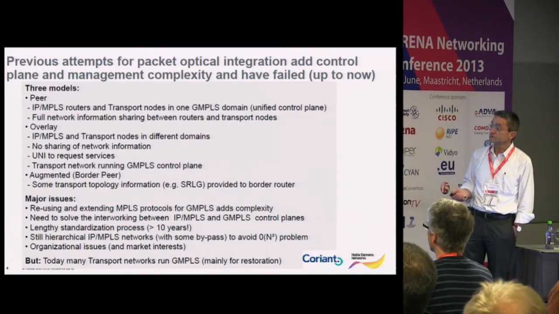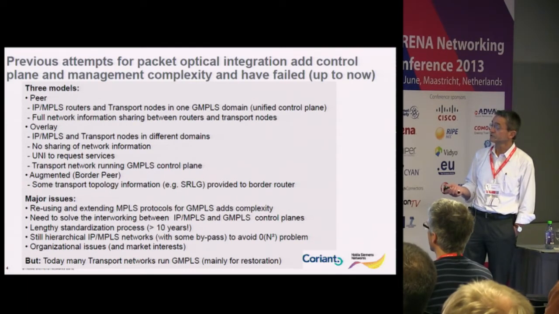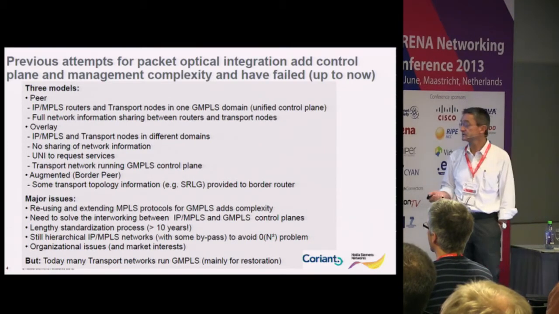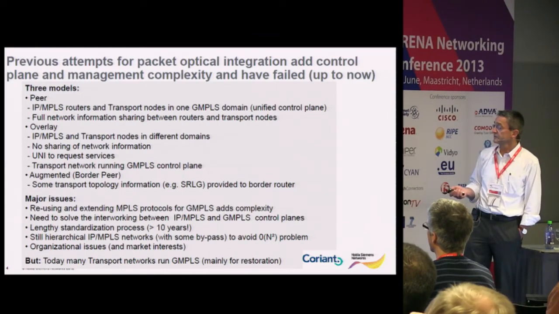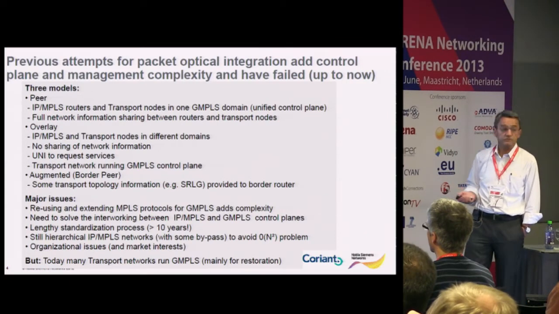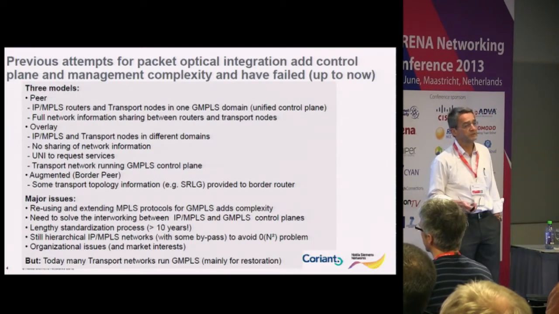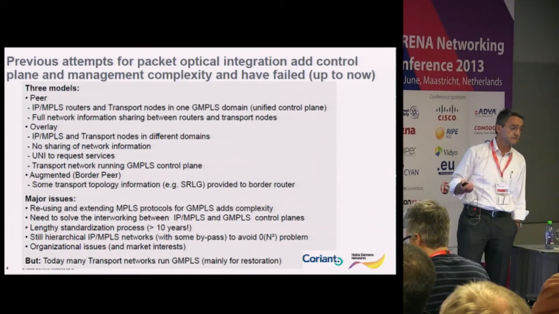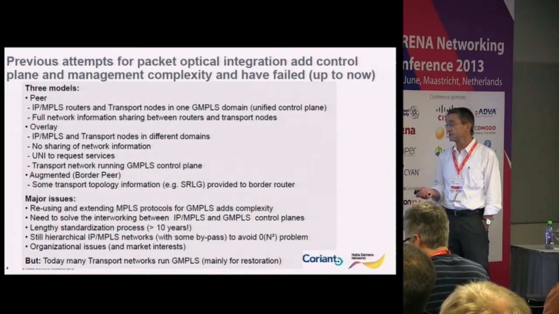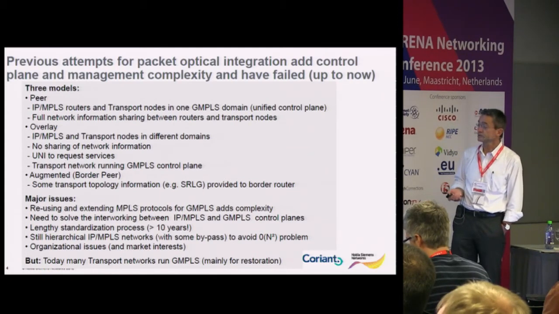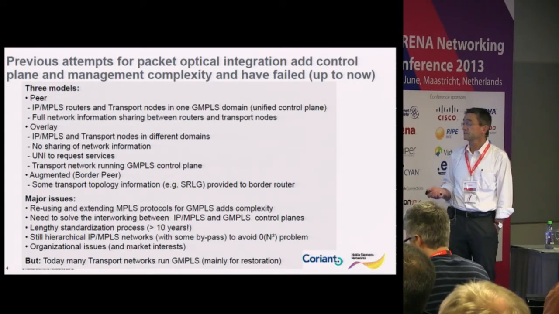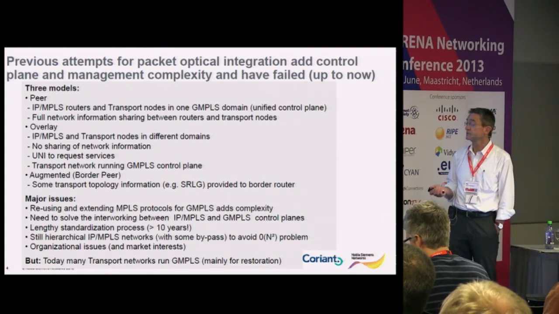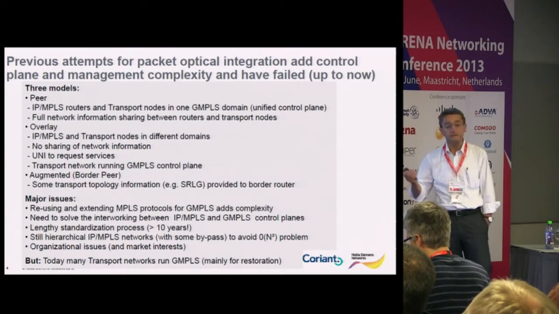So the major issue is that reusing and extending MPLS protocols for GMPLS adds complexity. It takes very long to standardize this, more than 10 years. We need to solve the interworking between IP MPLS and GMPLS control planes. In principle, it should be simple, but when you look at reality, it isn't really simple. I haven't understood why it is so complicated, but probably also because of the organizational issues and also of the market interests. And that's why still hierarchical IP MPLS networks with some bypassing starting now